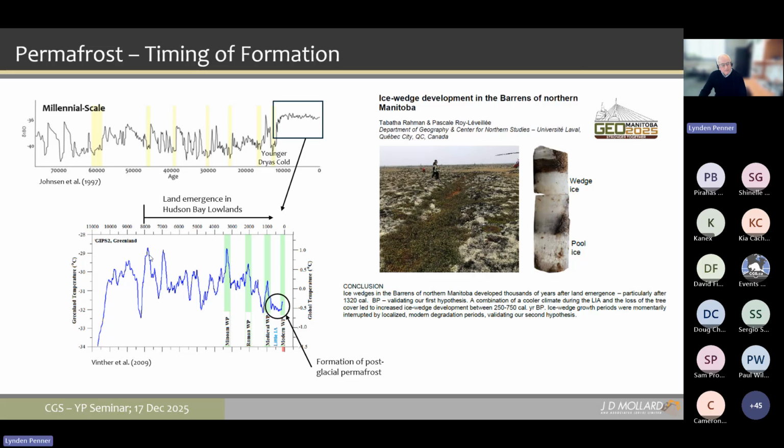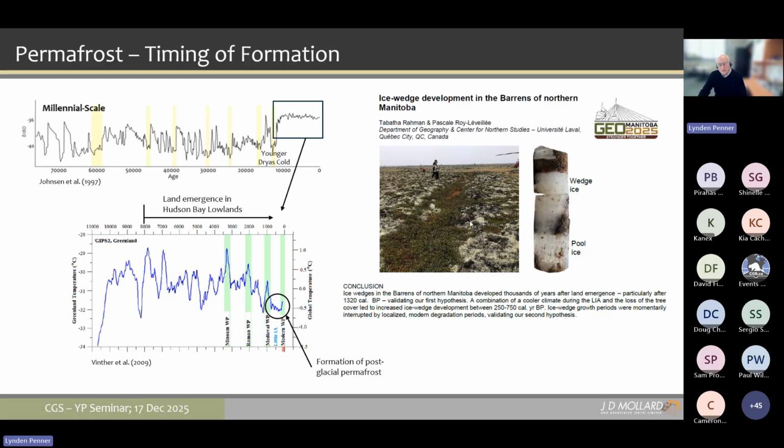And while you can see some fluctuations in temperature, it's fairly stable, and it's marked by these warm periods in the last 3,500 years, but a gradual decreasing of the peaks of these warm periods, leading to the Little Ice Age, which is quite a cool period between about 250 to 750 years ago. And that's when they found that the permafrost had formed in the Barrens of northern Manitoba. And that was interesting to me because it shows that permafrost is the result of quite a recent